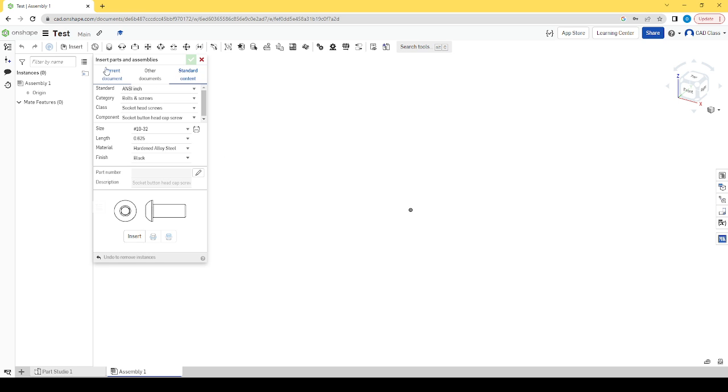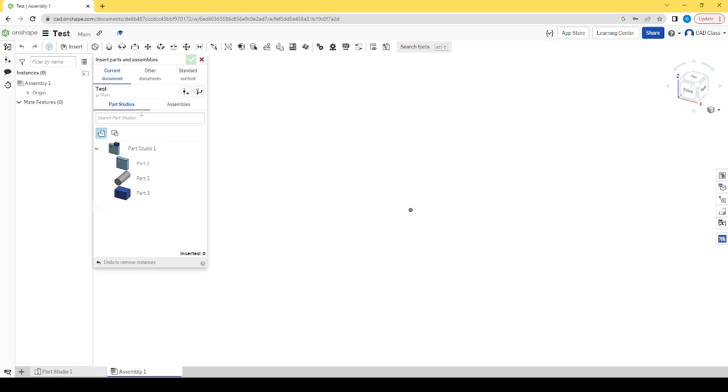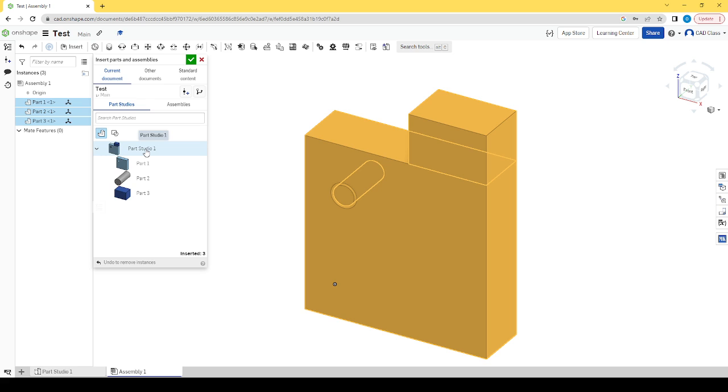This is a useful tab we'll go over in a minute. Okay, so by default, you'll see any part studios you have will be expanded like this, and you'll see the individual parts in that part studio, which you can select. If I select the part studio rather than one of the individual parts, it'll just place one of every part